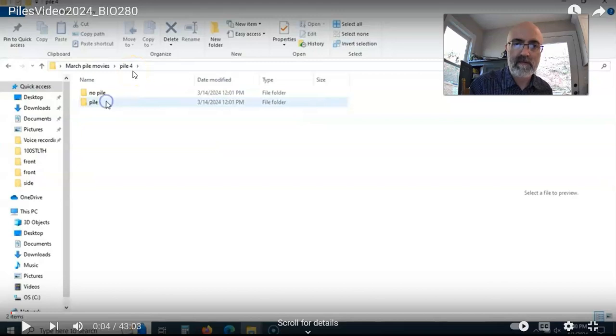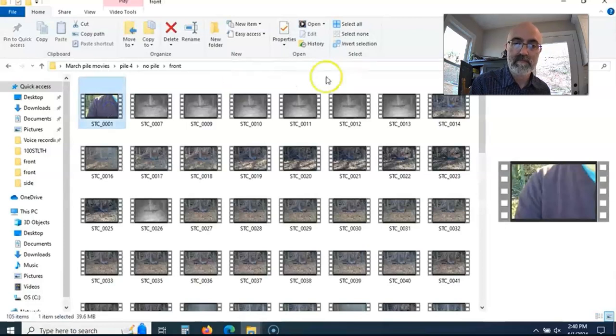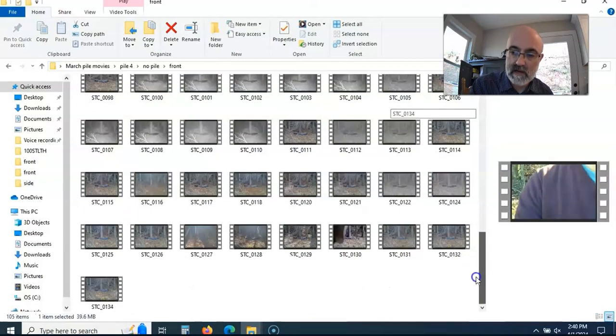So, for each of the piles, there will be one camera from the control or the no pile area and one from the pile area. Front, side, it doesn't matter. I just used one camera from each. Right, so here, this is pile 4, and this is the no pile. You'll see me just highlight them all,